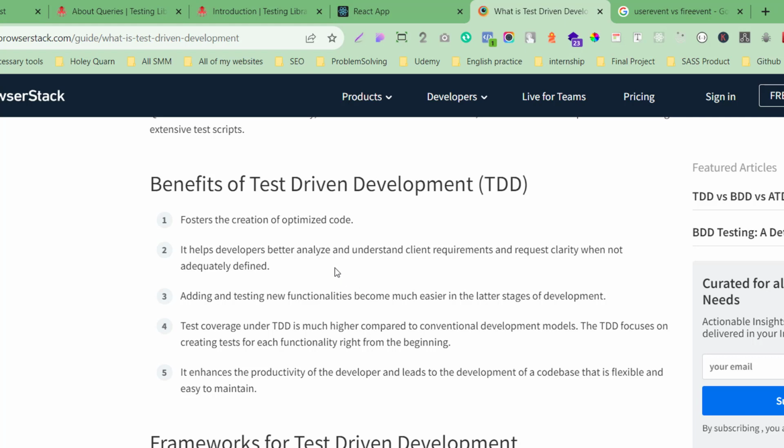Adding and testing new functionalities become much easier in the later stages of development. Test coverage under TDD is much higher compared to the conventional development method. TDD focuses on creating tests for each functionality right from the beginning. It enhances the productivity of the development and leads to a code base that is flexible and easy to maintain. So from the next tutorial, we are going to use test-driven development,